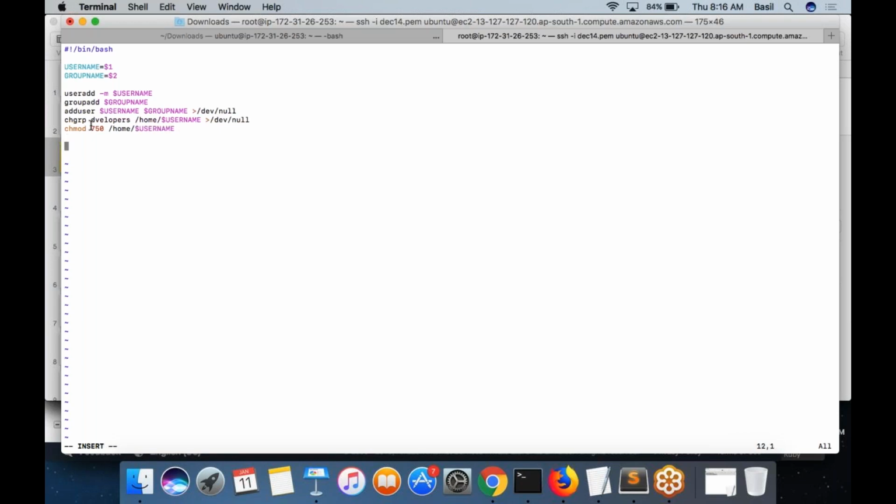So now my script became more generic. Basically, I can add a user Ankit and a group admin, or I can add a user called Venkat and a group called DevOps. I can just pass whatever I want through the script itself, and by default, Bash has what are called positional parameters.